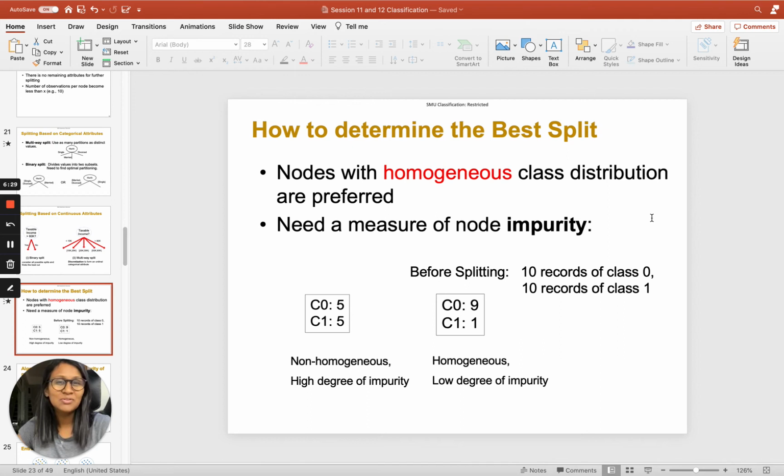So let's think of the example where there were people who cheated and people who did not cheat. So there was yes, somebody cheated, and no, somebody did not cheat.